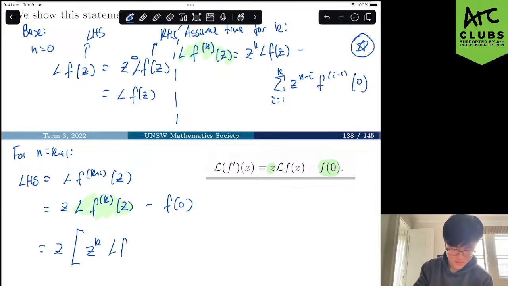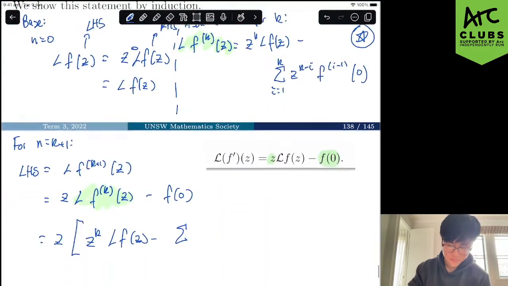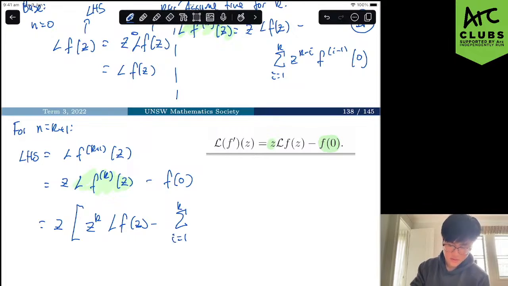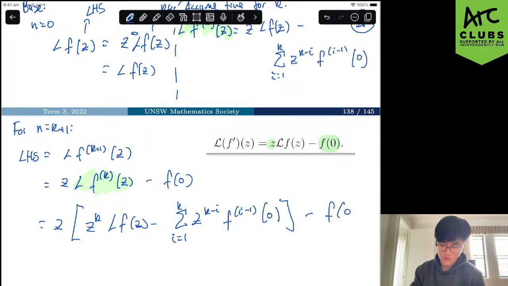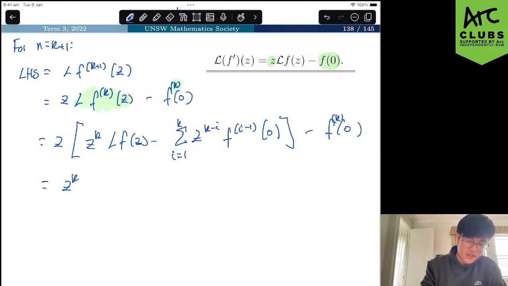Z to the k, L of f of z, minus the sum from i equals 1 to k of z to the k minus i, f to the (i minus 1) of 0, minus f to the k of 0. Wait, sorry, this here should be f to the k. I think this formula generalizes to k. Sorry, so I made that little change up here. All right, continue on. So that's z to the k plus 1, L of f of z, minus